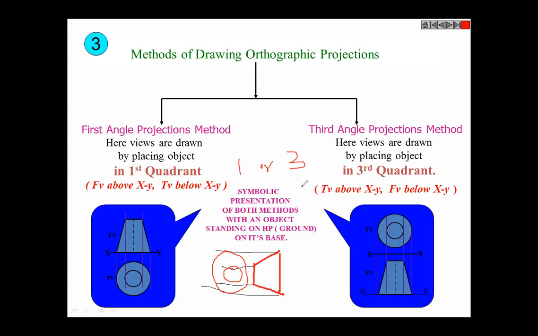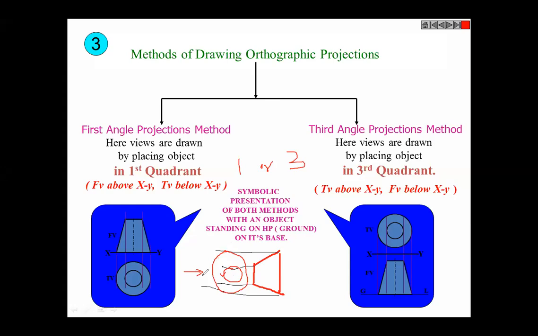The circle is on the left hand side and you have drawn it on the left hand side, which means third angle. Correct, that is the correct thing. How can you see this circle like this? If you see it from this side, that is your left side, you will be able to see this smaller circle first, and then you will be able to see the edge of this outer circle. So ultimately, this is the left hand side view, and I have drawn it on the left side. Left hand side view on the left side. That is third angle projection.